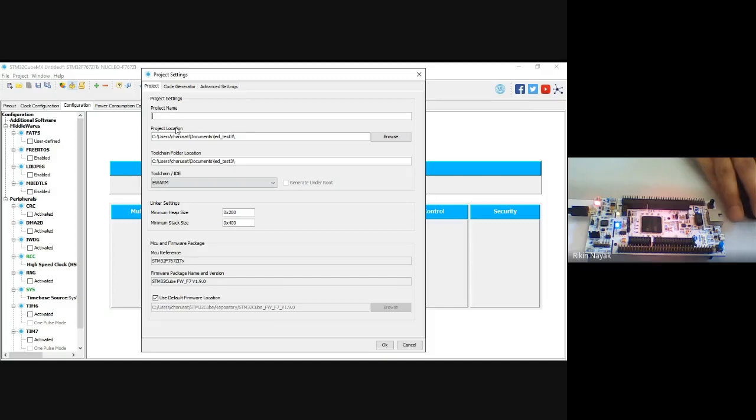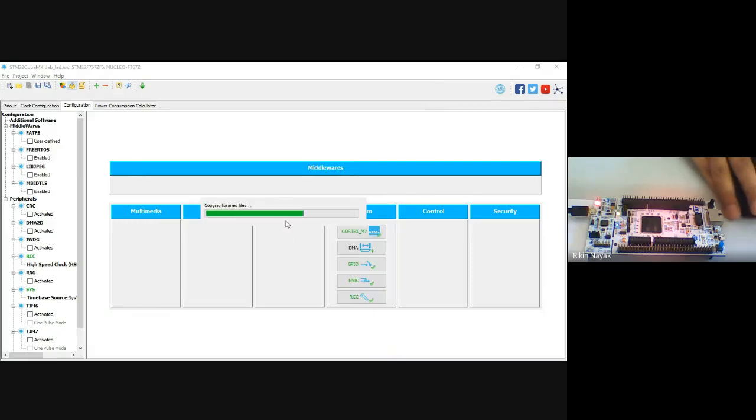Again it will ask the following things. First of all, you have to give the project name. So we will give debug LED, right? Then the toolchain. Using which toolchain do we want to create the project, right? Here we will give MDK-ARM version 5. Okay, and now click on OK.